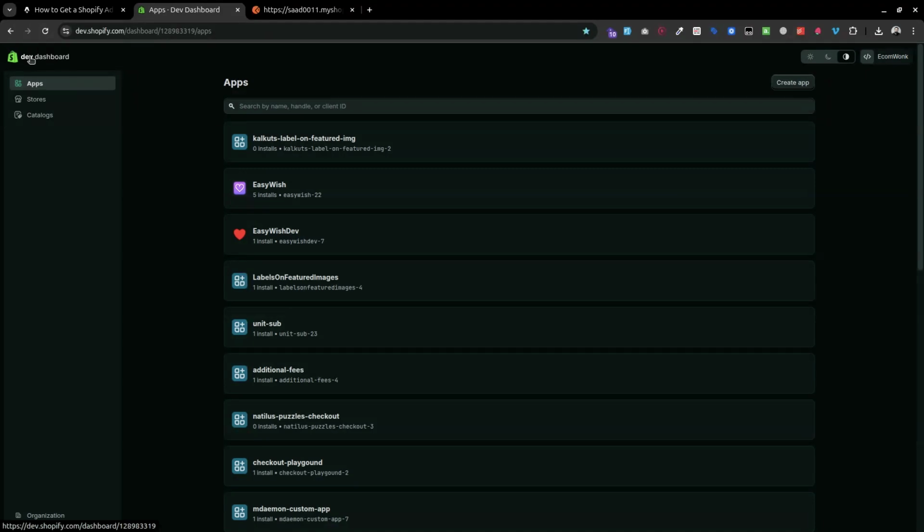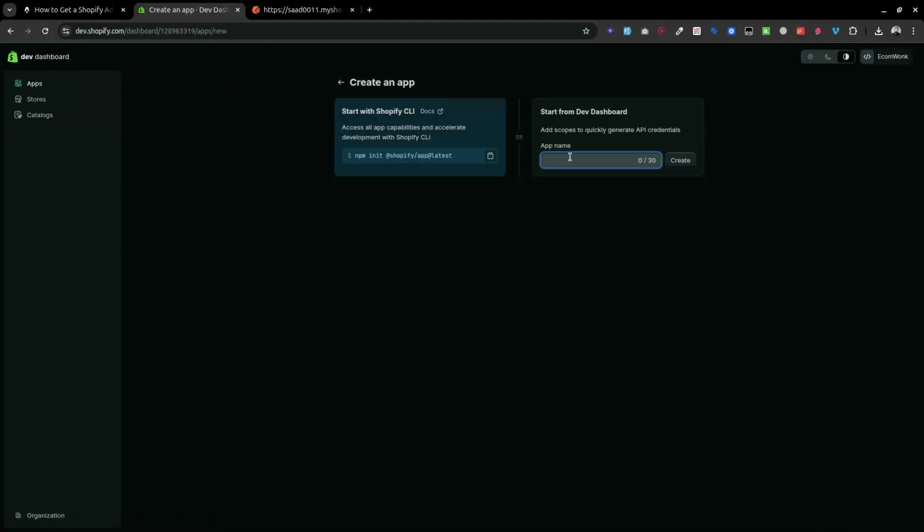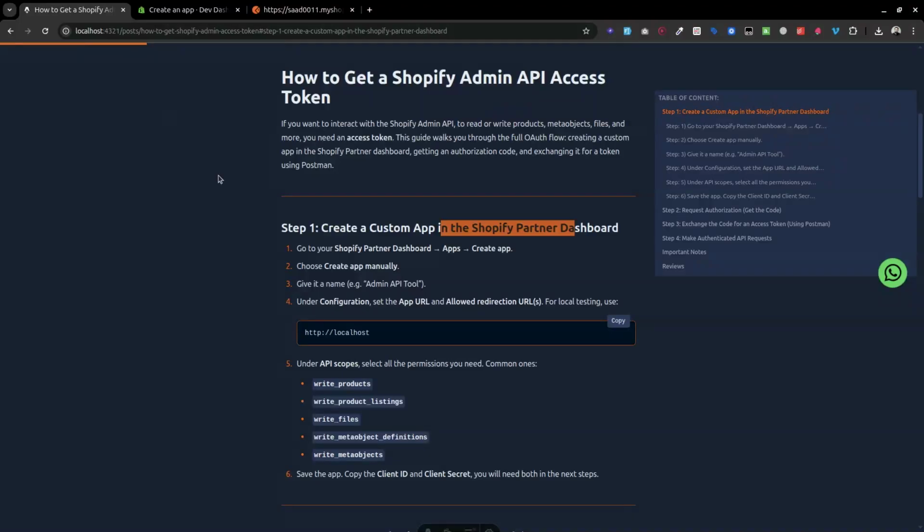Currently you can see I am in the dev dashboard. From here I'll create an app. You can name it according to yourself. I'll name it test, and once we have the app,